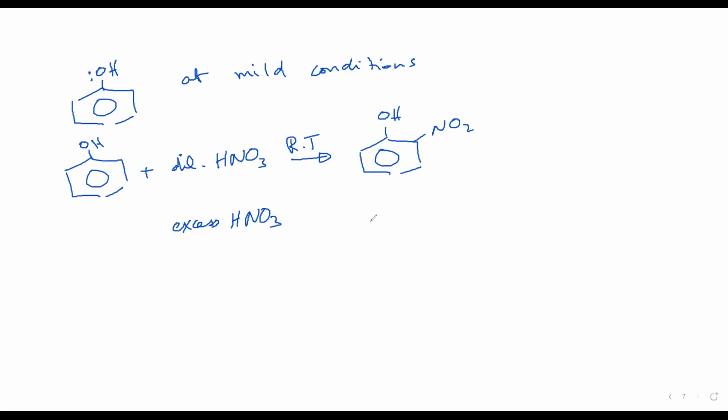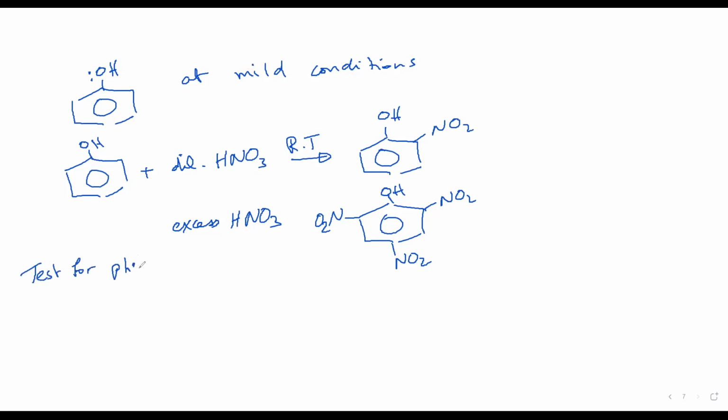If they say excess nitric acid, then this means that you are going to add 2 or 3 nitro groups to the benzene ring. And as you see, always when we have an OH group, the entering group enters at the 2, 4, and 6 positions. And this is shown for the test for phenols,